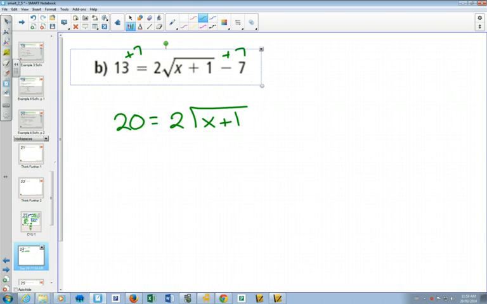Sometimes, if you look at this, can you see that you could easily divide both sides by 2? Last time I didn't divide by 4 because it would give me a fraction and I didn't want a fraction. But this time I could easily divide both sides by 2. And then I would have just the radical, not a mixed radical by itself. So we have isolated the radical. I simplified it a little bit more than last time. And now when I square both sides,